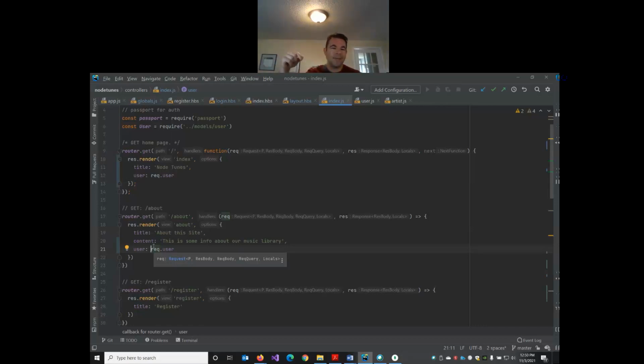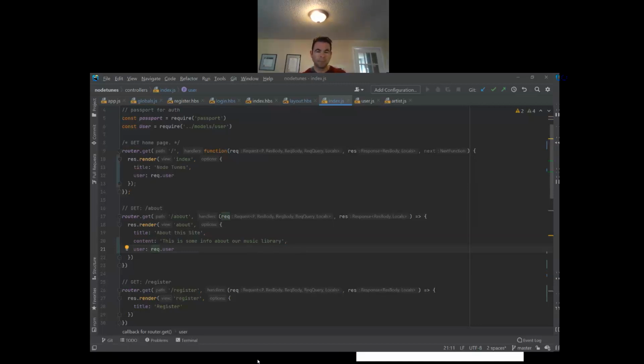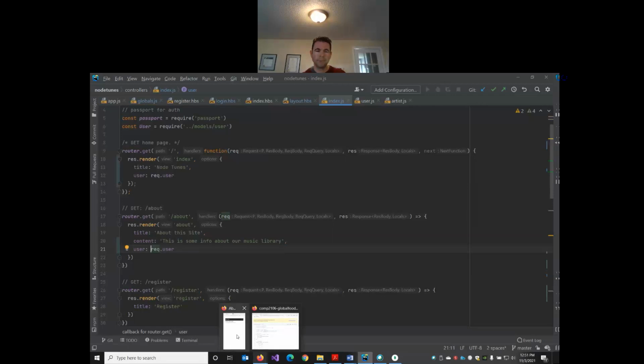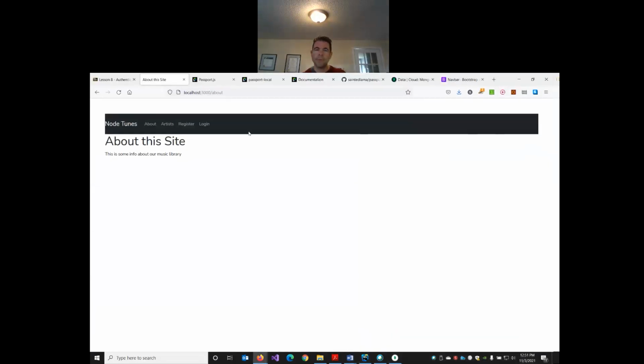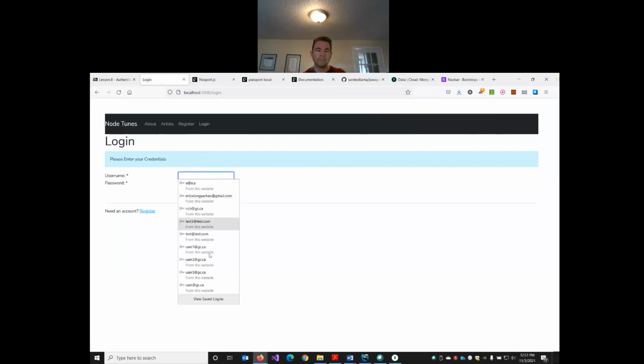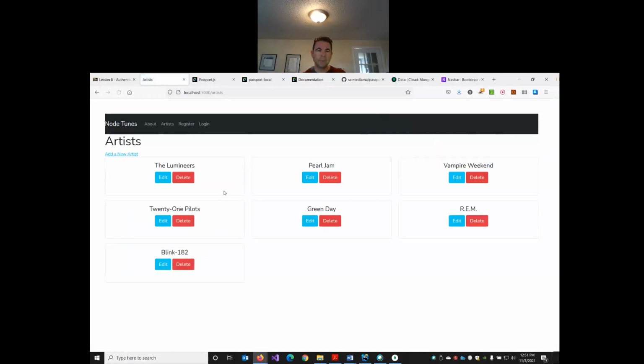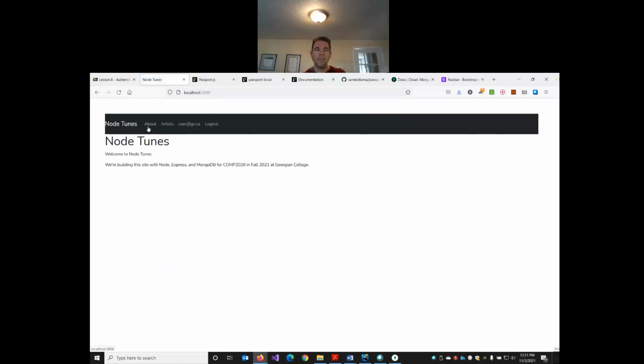We'll then need to add this into our artists controller as well. Okay, so in our index, when we're getting the home page or about, we're passing the user object as well. See how this works. I'm going to go back to log in again. We haven't changed the artists, but if I click on the home page, now it shows my username and log out. If I go to about,